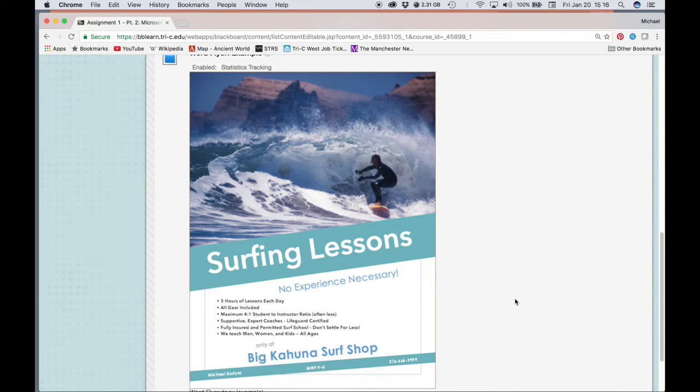We're going to be creating a document using Microsoft Word. The type of document that I'd like you to create is a flyer. In this example, I have a flyer which has certain elements. The flyer is advertising surfing lessons, so there's an image that is relevant to the subject matter,